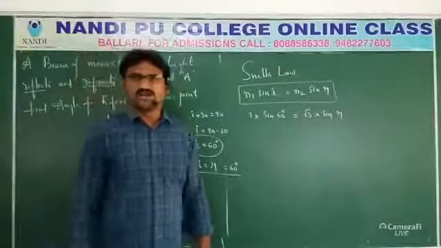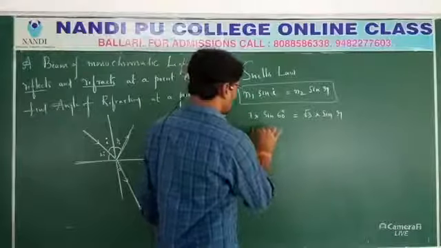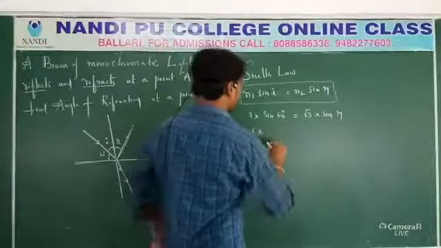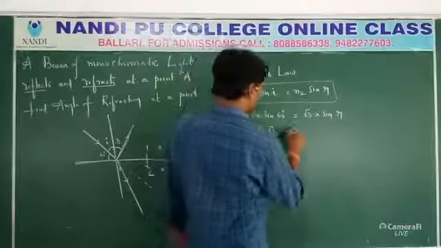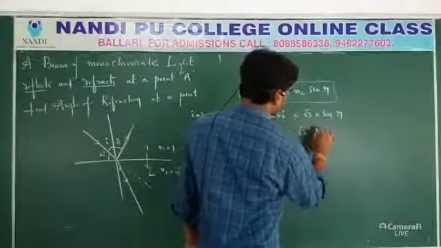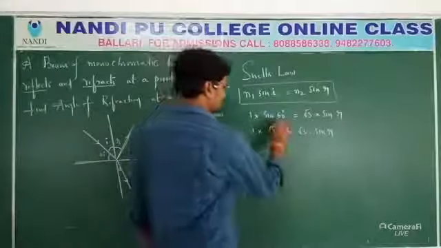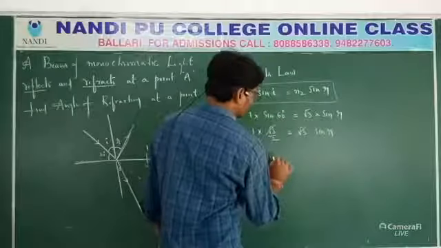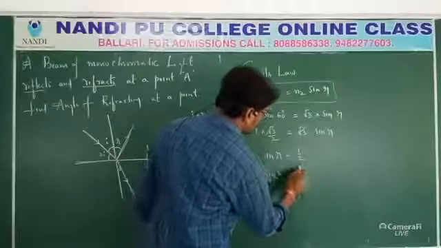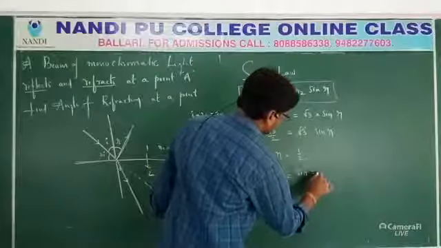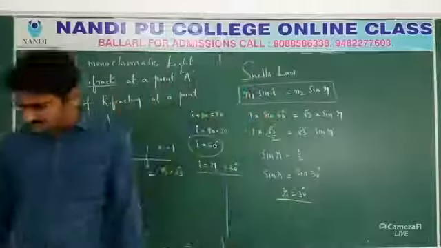What we have to find out is the R value. By simplification, 1 into sine 60, sine 60 is root 3 by 2. That is equal to root 3 into sine R. Now you can simplify this, root 3 cancels, so sine R is equal to 1 by 2. Sine R is equal to 1 by 2 means sine 30. So R is equal to 30 degrees. What is the answer? R is equal